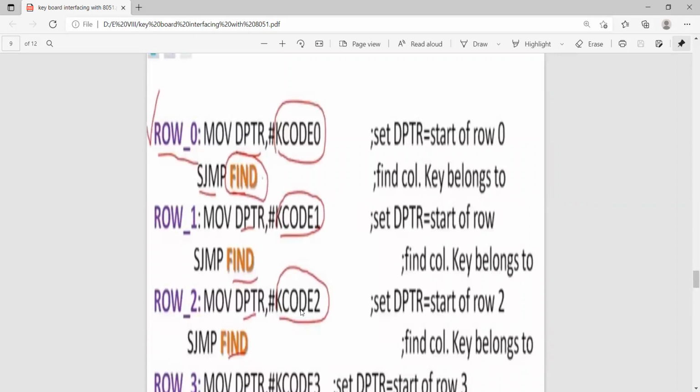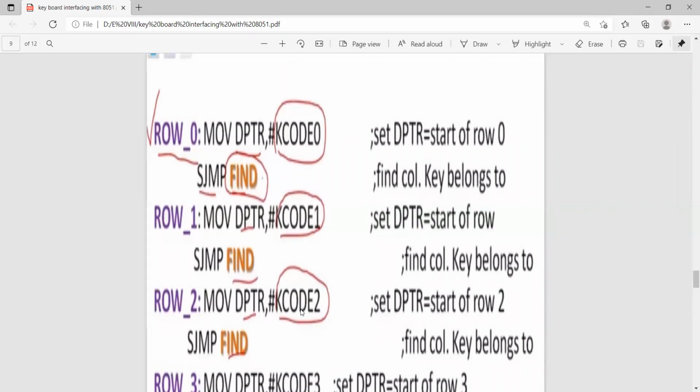It is one of the useful programs to identify the pressed key, and we have to display the corresponding code of that particular key.